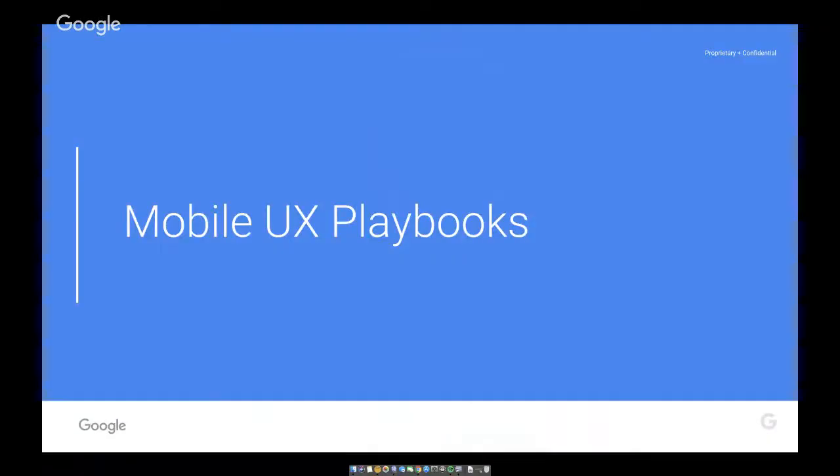Absolutely. I would like to highlight that the examples we gave are just a few, but your account strategists will have way more resources for you to optimize your mobile strategy. An example is the mobile user experience playbooks. Just ask your account strategist about these, and Google and your account strategists have more resources to share with you.